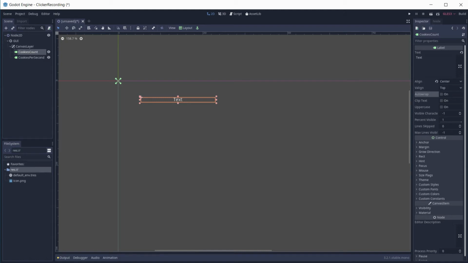Everything else inside the label is mostly small utilities. If it will be interesting for you, you can always hover over the field to learn what it does to your node. We will discuss control and canvas item later on.